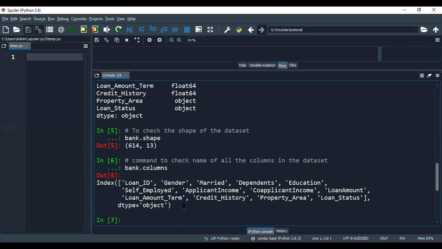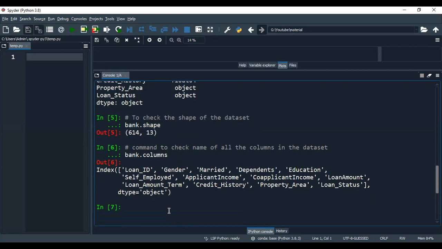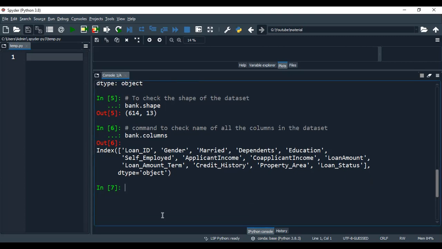Can you see here, the names of all 13 columns are being displayed. The next command is, I want to maximize all the columns to be visible in my console.